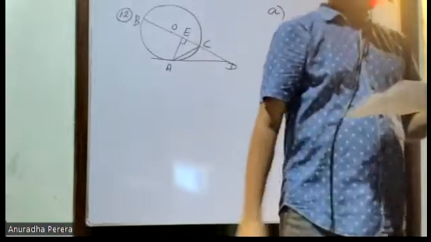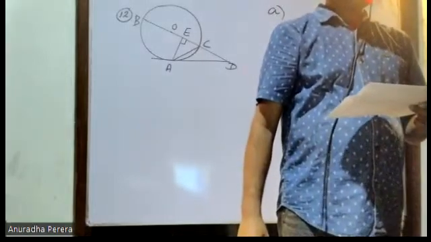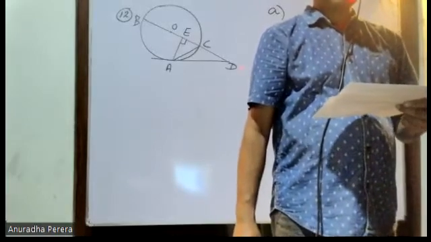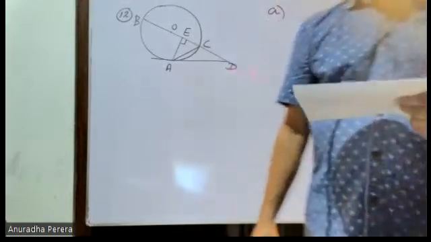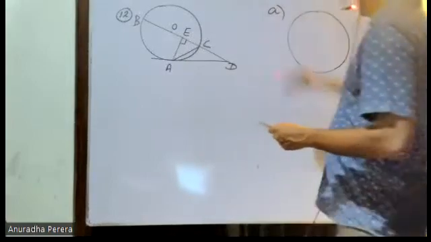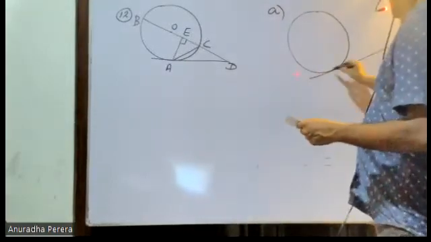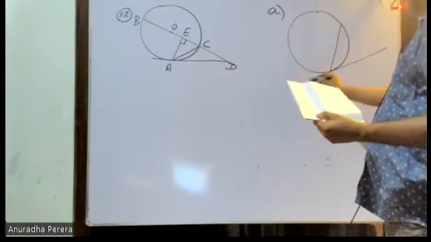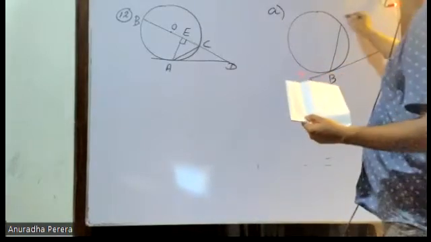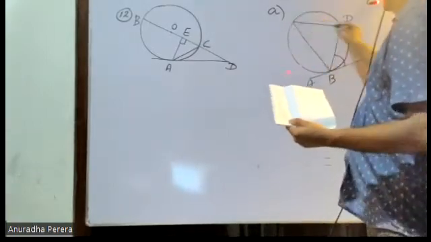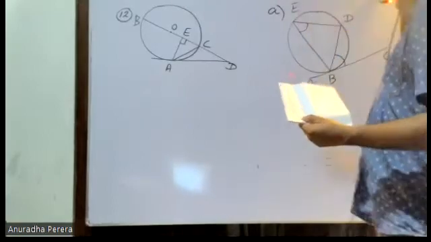It's the first part. By means of a figure, illustrate the theorem related to the angle that the tangent to a circle makes with a chord drawn from the point of contact. Yes, what is this? Angle in the alternate segment when drawing the tangent and at the tangential point drawing a chord. Angle between the tangent and the chord is equal to angle in the alternate segment. DBE